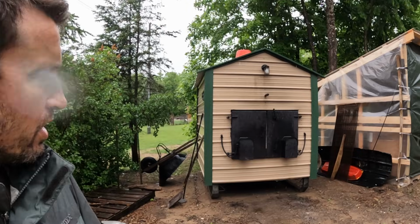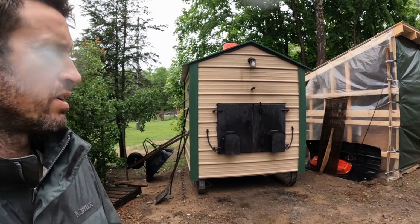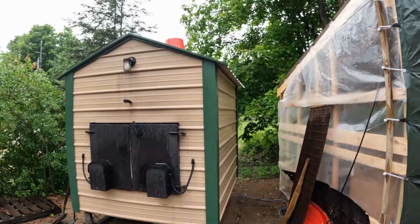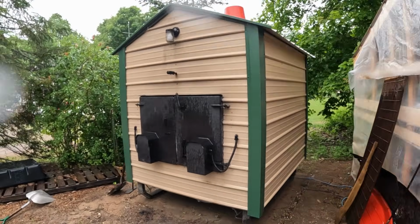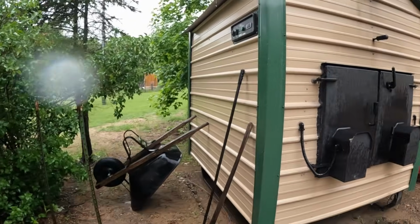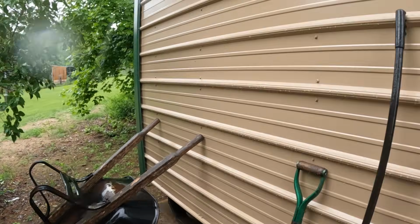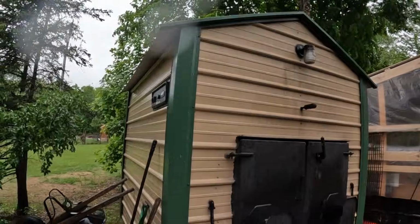Today I am going to try to do a burnout. I've had the boiler shut down for probably 4 or 5 weeks now. It's the first week of June and I just haven't gotten to it. But it's raining today and I figured it'd be a good chance to burn this thing out without worrying about debris flying, since the boiler is actually kind of next to the woods. Well, shoot, it's got a tree right next to it. Anyway,